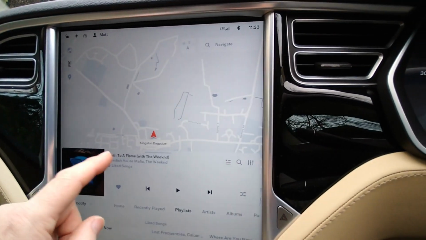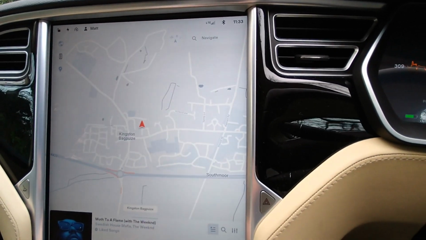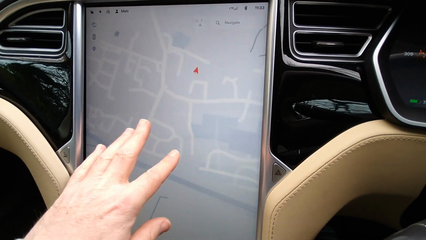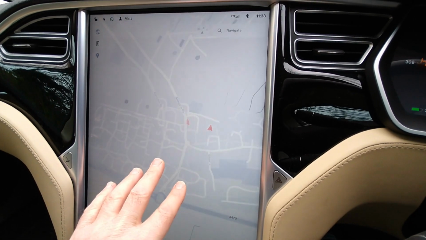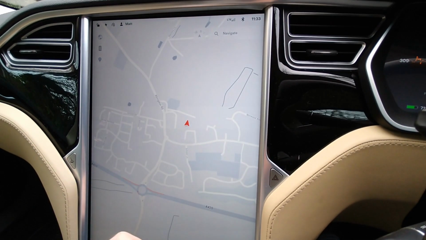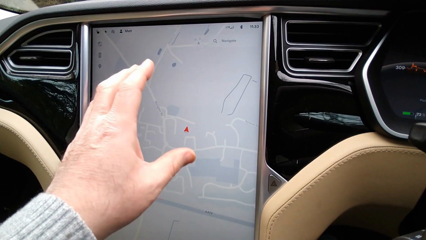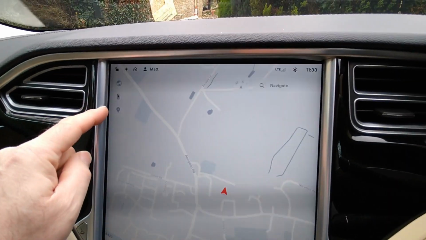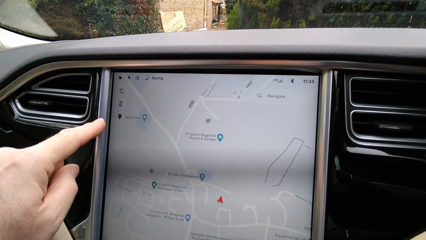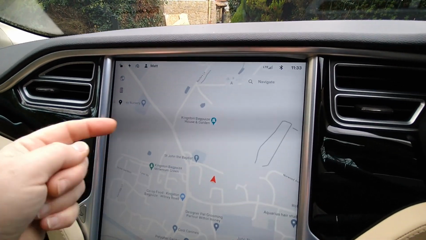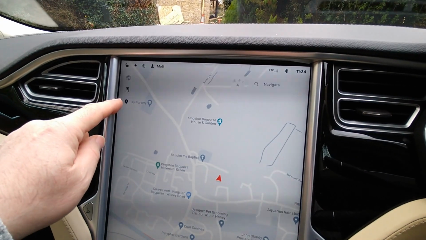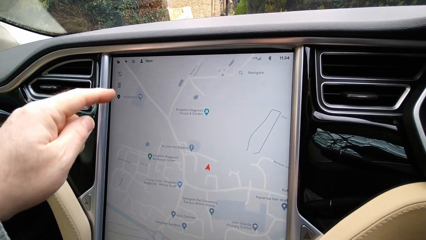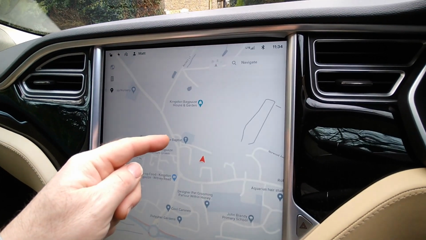The maps have changed slightly, not by much. If I just drag that out the way with 2 swipes, we've got full screen maps. This is all very similar. If anything, it feels a little bit faster, but a lot of the Google information has disappeared from the maps, and you've now got an icon there where you can bring it back, whereas before this was charging, and charging has now gone. So you've got that where you can put all of the Google business